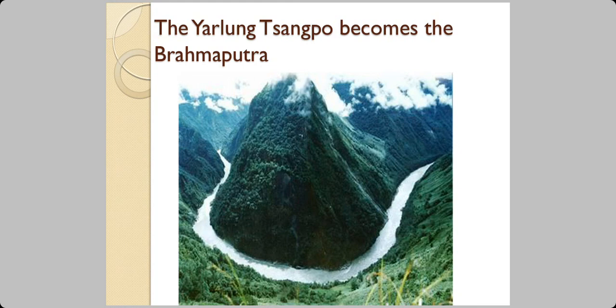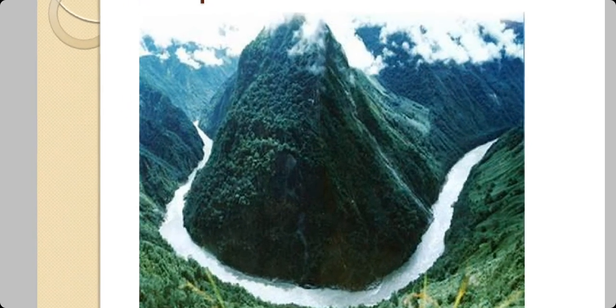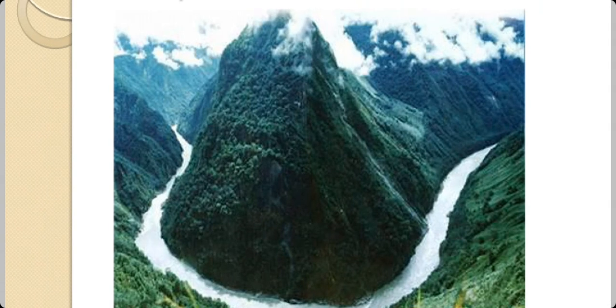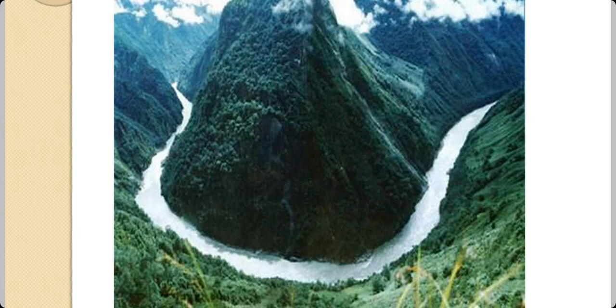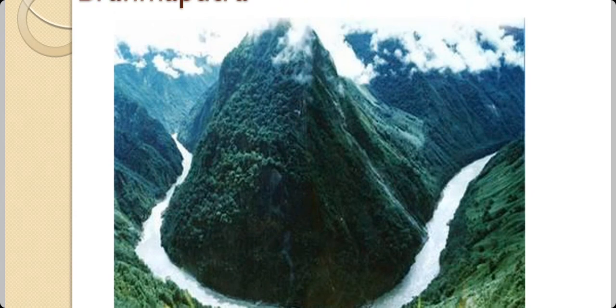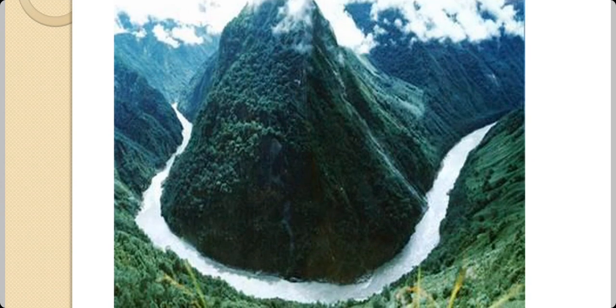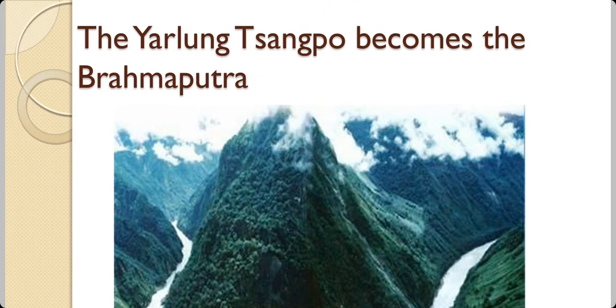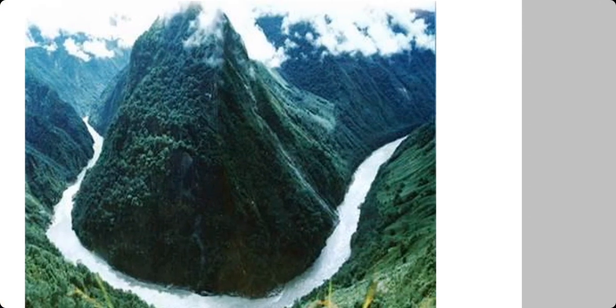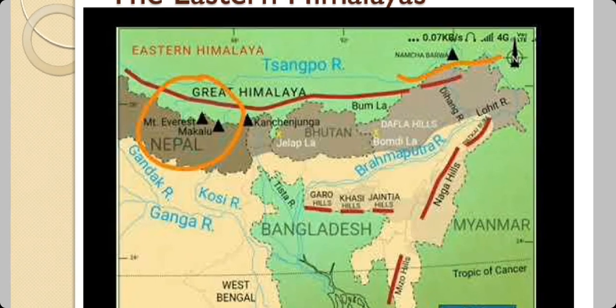Now, this hill, it's not a high mountain, it's rather a high hill, and this hill is known as Namche Barwa. And you can see this U-shaped river. Now, the side which is to your right hand side, that is coming from Tibet, and the side of the river which is on your left, it's entering into India. So when it's coming from Tibet, in Tibet the Brahmaputra is known as Yarlung Sangpo, and when it reaches India we call it the Brahmaputra.